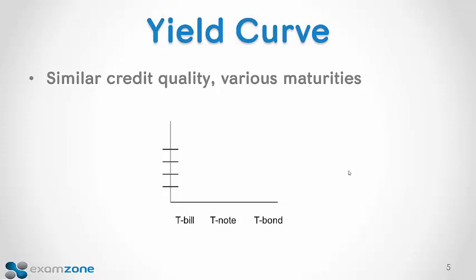The yield curve. Why are we looking at treasuries? Well, we don't want any default risk here. We just want to look at the difference in yields as you go out in time. We expect to get higher yields if we buy a 2 or a 5 or a 10-year security compared to a short-term T-bill, and we usually can get a higher yield on a 30-year T-bond than any of that, but it doesn't always work that way.